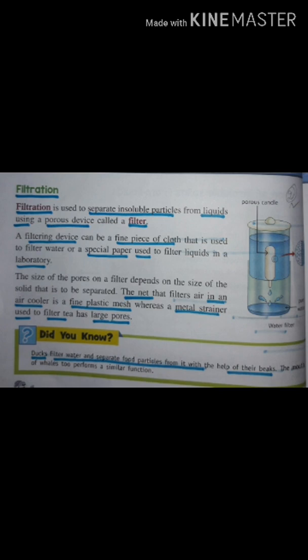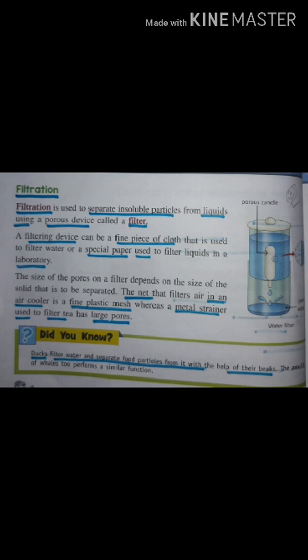The liquid that passes through the filter is called filtrate. A filtering device can be a cloth that is used to filter water, or it can be a special paper that is used to filter liquid, especially in laboratories. The size of pores on a filter depends upon the size of the solid that is to be separated. For example, a metal strainer is used to filter tea and it has large pores, whereas in an air cooler, fine plastic